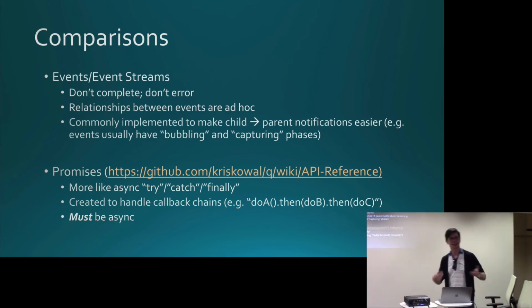You have the exception case when they don't happen the way you want them to happen, and then you have the thing that happens at the end regardless of whatever happened, right? So there's kind of a parity between next, error, and complete that you get with observables, but it's not trying to be the same sort of thing, right? It's trying to handle a structure that's similar to this, only making it an asynchronous structure, making it something that you can relate to